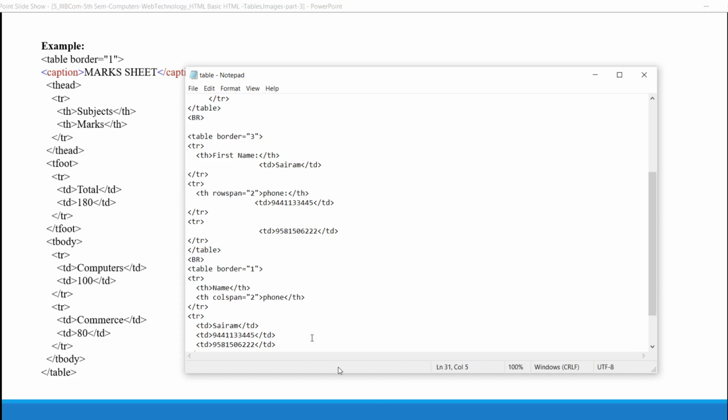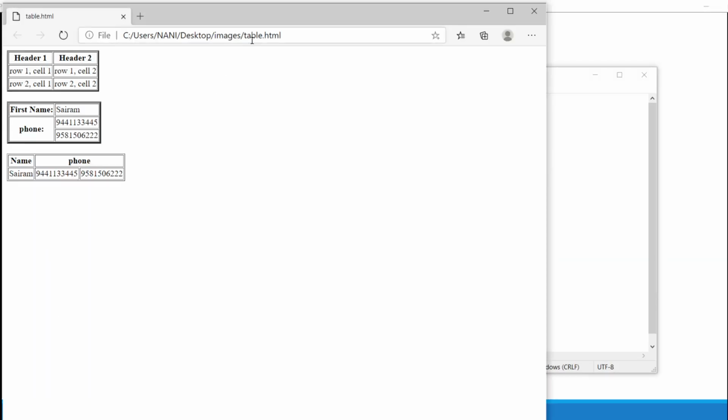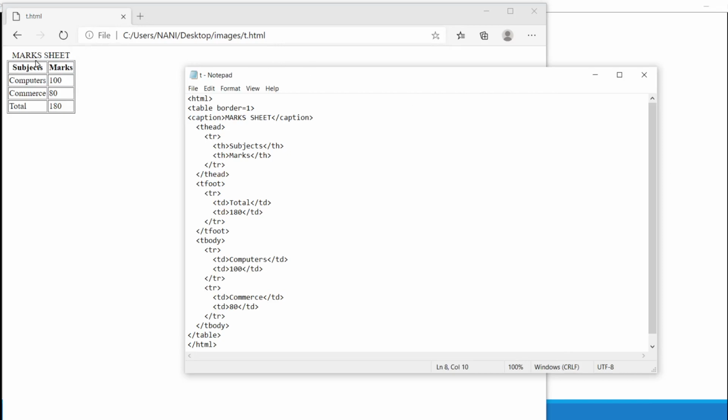Let's run this example. This is our program, t.html. This is the output of our table tag.